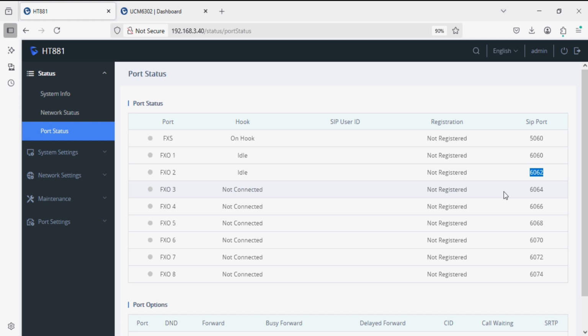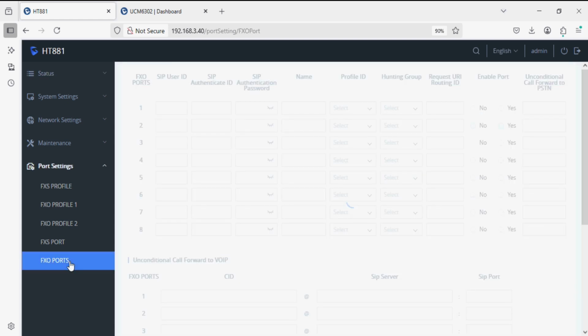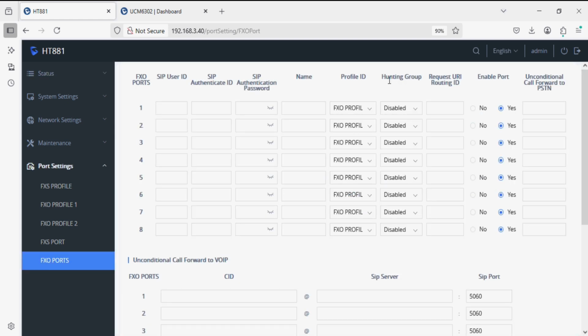So we have to set it to a default common port on all the FXO profiles, and for that we need to navigate on the FXO ports option, and here on the FXO port we have to enable hunting group, and on the first port we are selecting as active and rest of the port will set as